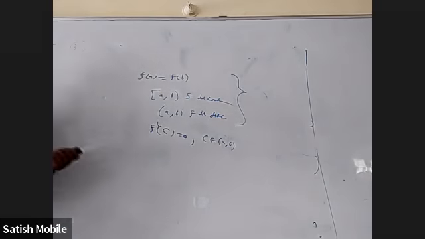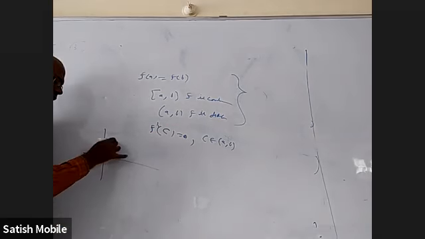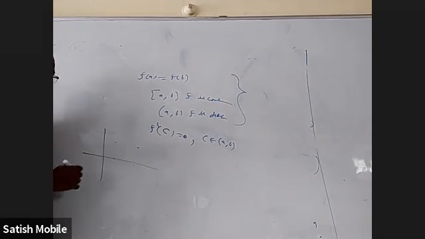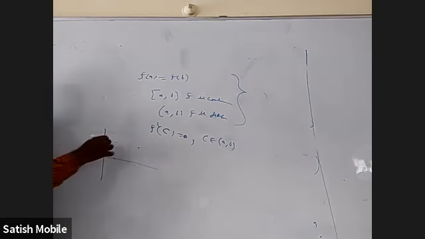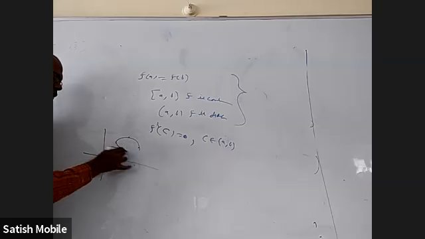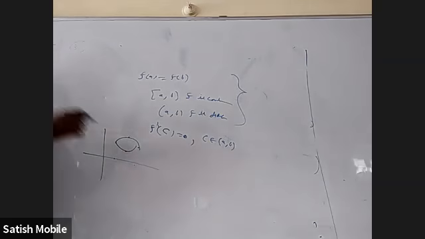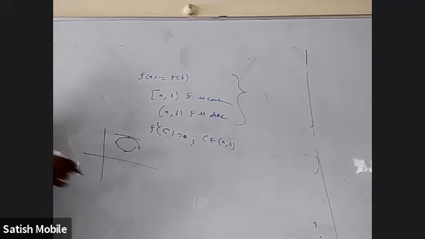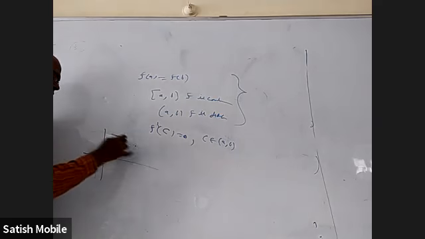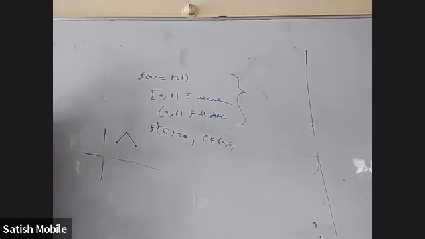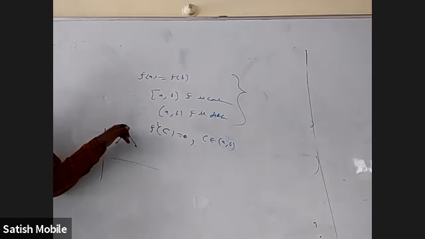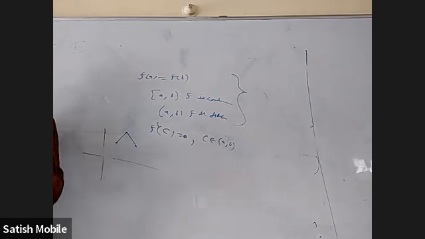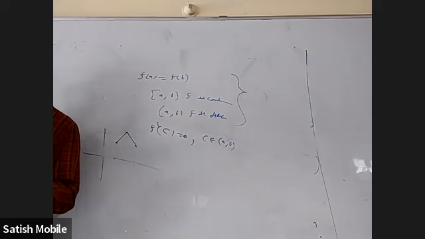Okay. We can prove this, but how to geometrically prove this is very easy. At a and at b, if the function values are same, and in between the function is continuous and differentiable, definitely it should have a maximum point or a minimum point. At maximum, the derivative is 0, and at minimum also the derivative is 0. Okay. One may say, no, what if it is like this? It has a maximum point, but the derivative is not 0. It is not even satisfying the conditions of Rolle's theorem. Between a to b, it is continuous, but it is not differentiable.